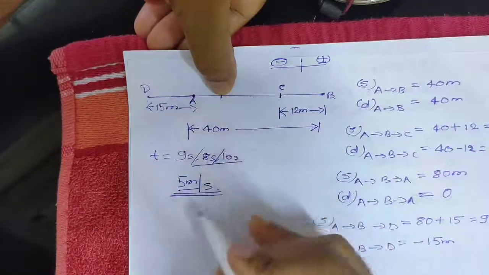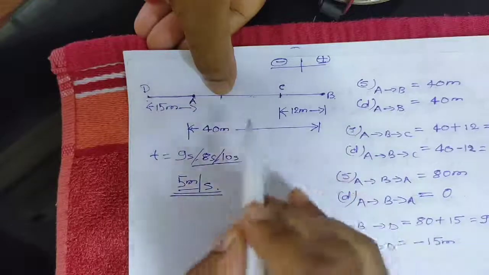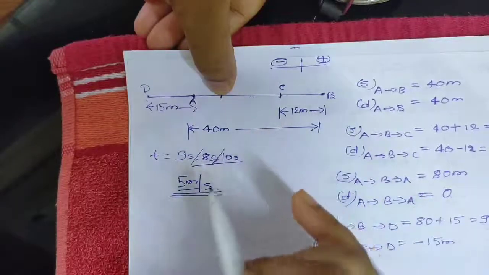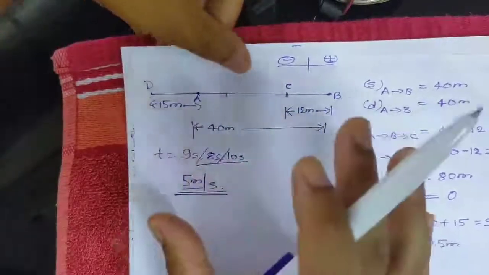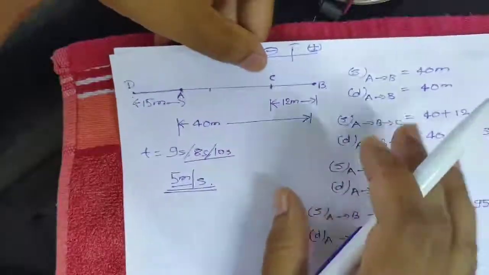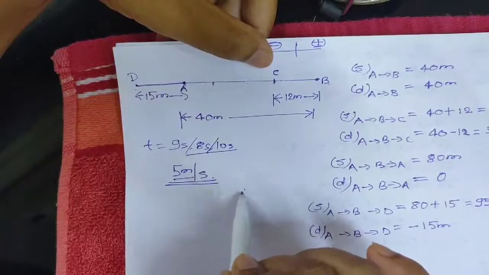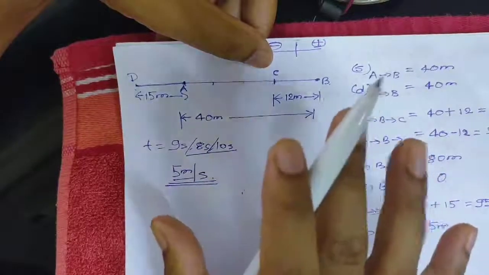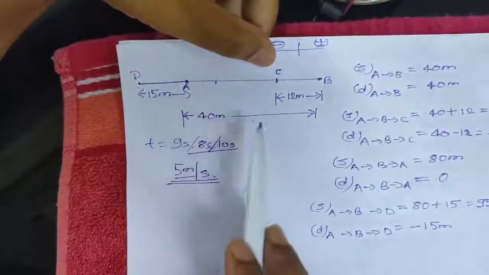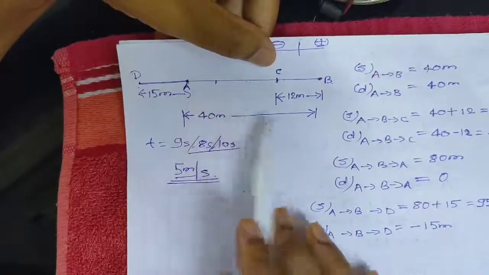In the third second also I covered 5 meter, right? In the fourth second also I covered 5 meter. So there is a factor with which we travel a distance, and that particular factor which we are talking about is nothing but speed. Speed is a mathematical factor actually. If you see, it is distance traveled per unit time.